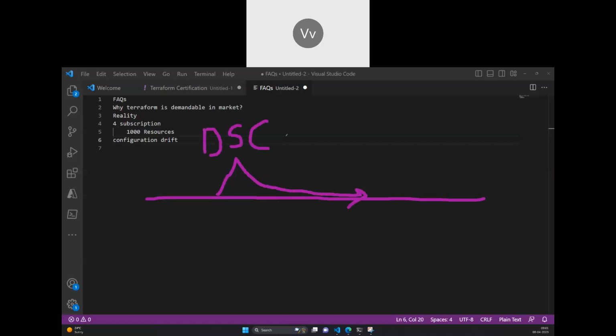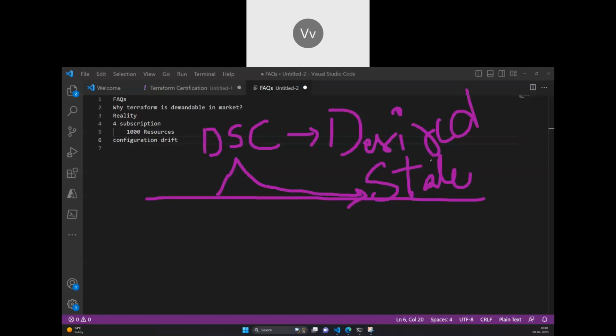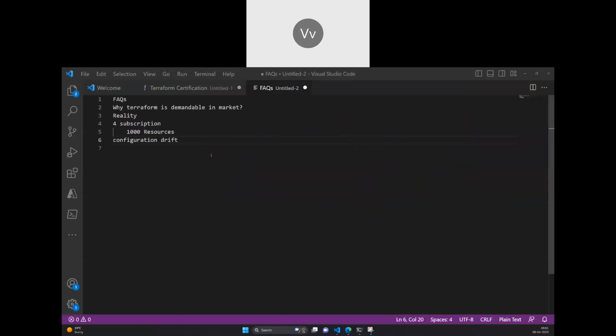If you have heard this word in the market, desired state configuration, it is one of the things you can achieve with Terraform, and that is what makes Terraform so demandable in the market.